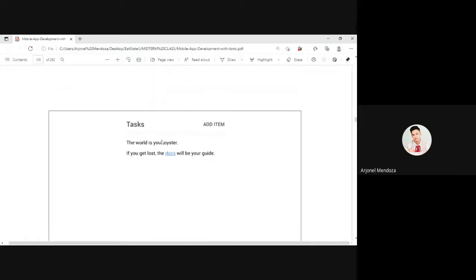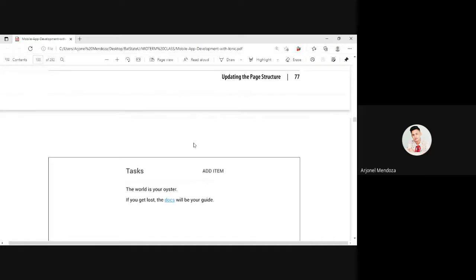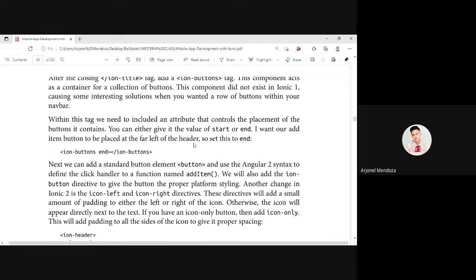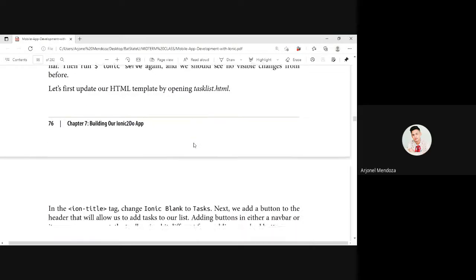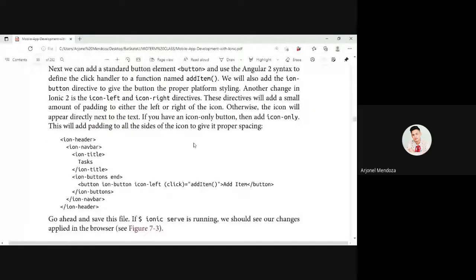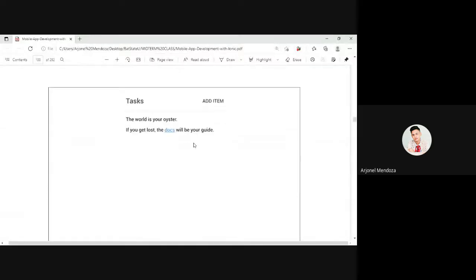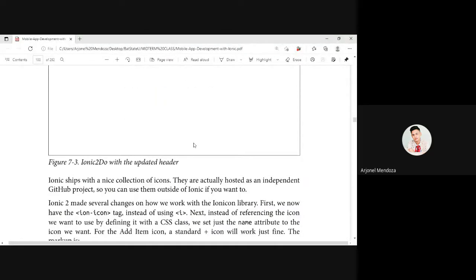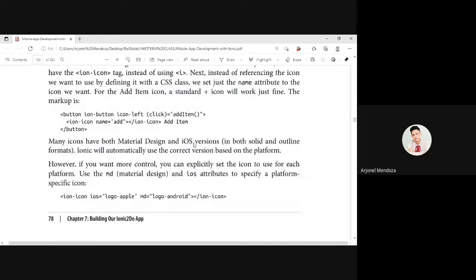Kung makikita nyo, itong add item code naman, ito yung basic template or yung output ng blank template. Itong add item, follow nyo lang itong line of code na nakalagay dito. Then, i-paste nyo siya kung saang mang file, yung sinabi. Explore nyo siya, then as you go through this application,